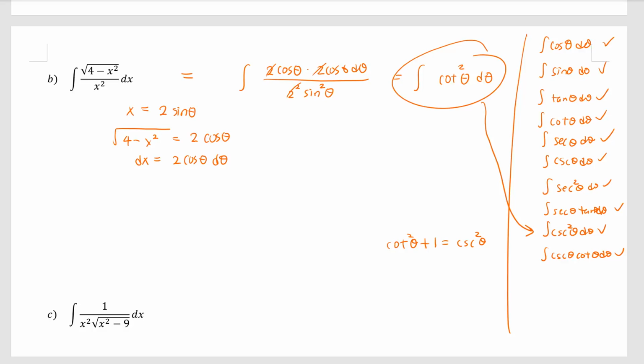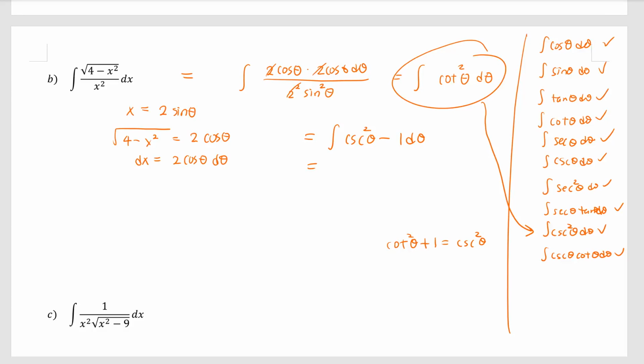So in this section, you need to be familiar with all the trig identities and all the antiderivative formulas, and then you know which one you want to relate it to. This section is a combination of a lot of concepts we learned before. So cotangent squared is cosecant squared minus 1. Well, the integral of